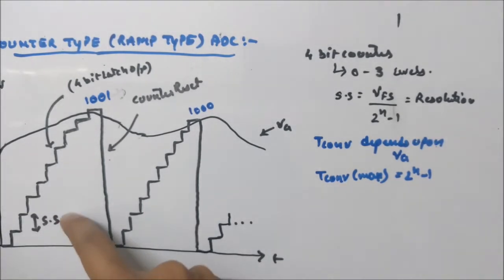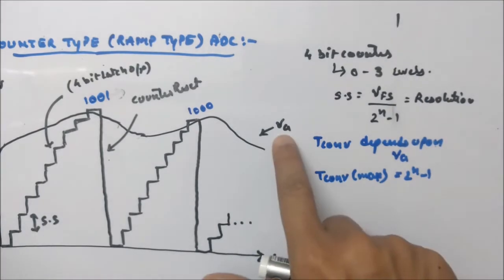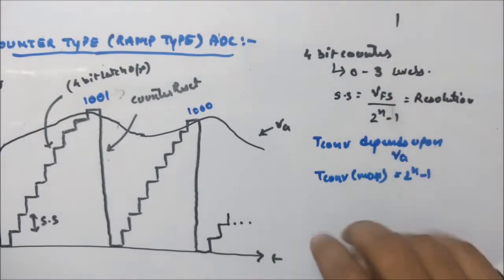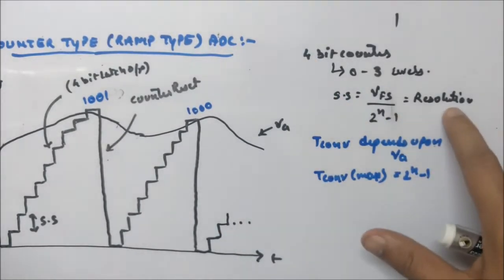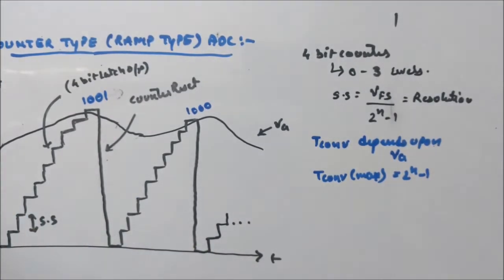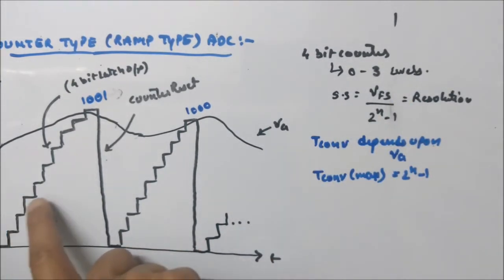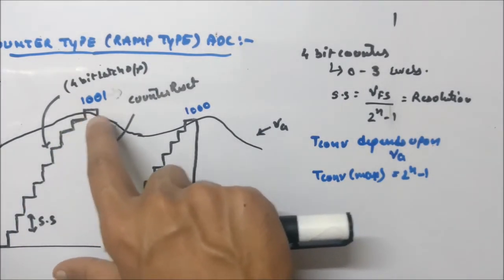And you can see this difference is the step size, where step size is VFS, whatever the maximum value of VA is, VA max, divided by 2 to the power n minus 1, where n is the bit size of the counter, and that is also the resolution. You can see how it looks like here. The minimum step it will take is your step size. So that's how it will start counting 1 2 3 4 5 like this,